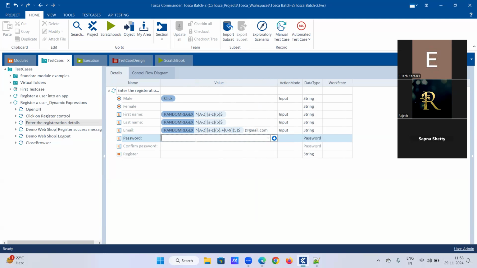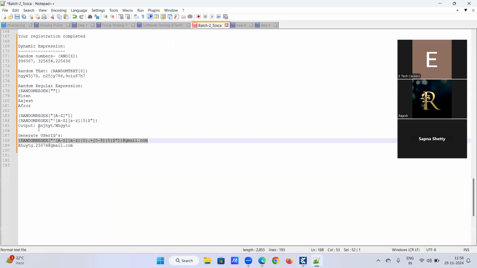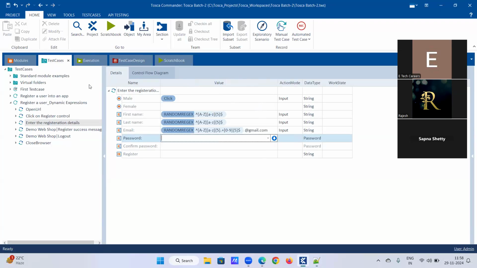password. For password, I want to generate a random text, whatever we have written right here. Random text. Just copy it and paste it here. Here also confirm password, paste it. So